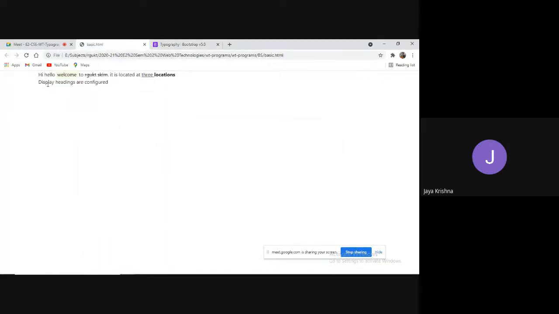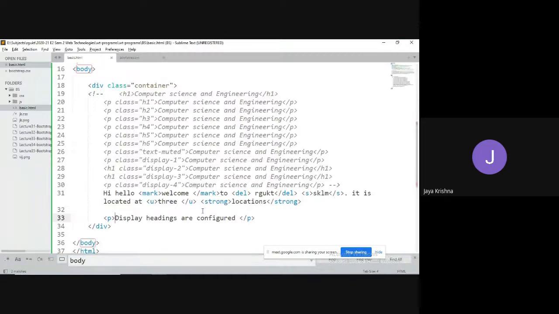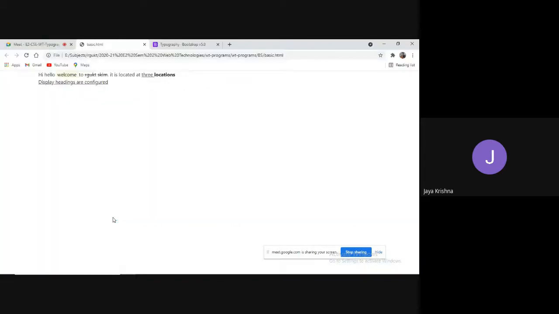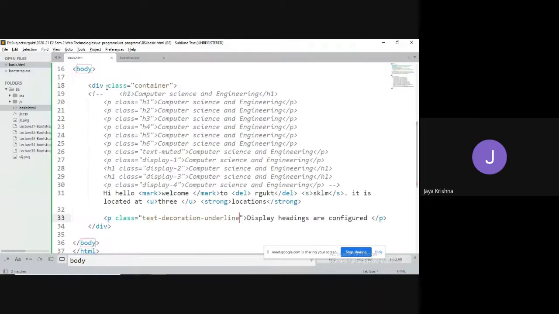If you want to make an underline for this, you can make use of the underline tag. Instead of that, there is a predefined class in Bootstrap, which we call text-decoration-underline, a class which is meant to produce an underline for the corresponding data.